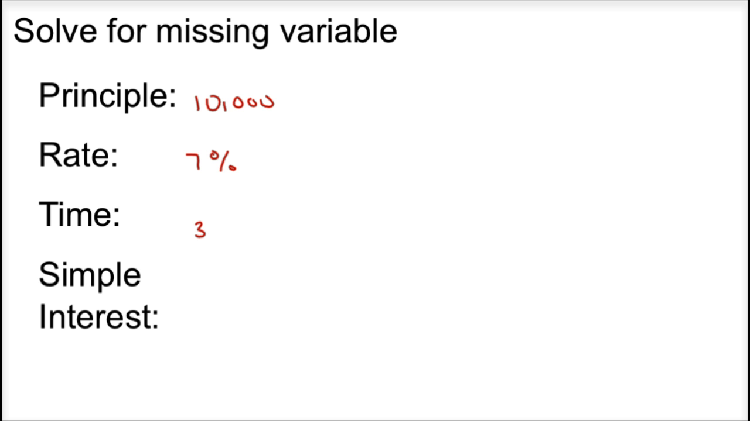So now let's get to some problems. First one, solve for the missing variable. So we have principal, rate, time, and this time we're looking for the simple interest. So my equation, I equals P R T. I'm missing my simple interest, so I'm solving for I. So this equation is set up perfectly for us. So all I'd have to do is say I equals P, which is 10,000,